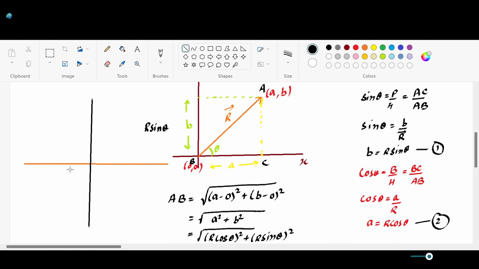Just one second. Okay, this is our vector, any vector. Let me call it vector p, and let's say this is the projection here. Now the shortcut way: always remember that the projection along the axis will always be with cos theta. So it will be p cos theta, and that will be p sin theta. You should be clear with this projection and resolution of a vector before we go into the basics of applications of Newton's second law.